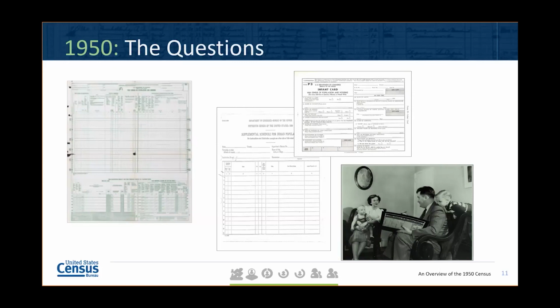In addition, the Bureau of Indian Affairs requested a separate form for the census of the federal Indian reservations, and we also used infant cards, as we had in 1940, to collect those children who had been born since December 1949 and Census Day on April 1st, 1950, since they are generally a missed population count. And finally, the housing and agricultural censuses were conducted at the same time for the last time, but those schedules were not microfilmed and so will not be covered in this release and are not a part of this release.